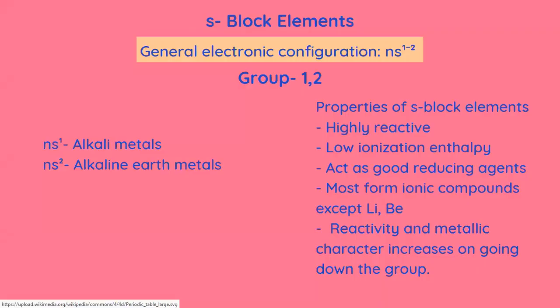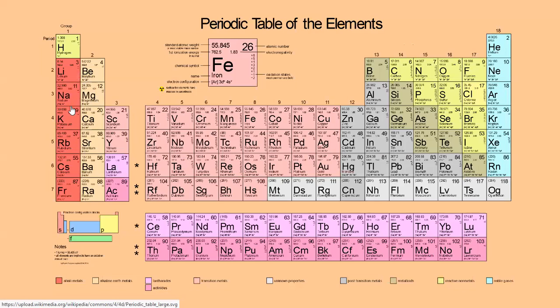So let's start with the S block elements. The general electronic configuration for S block elements is either NS1 or NS2. When it is NS1, they are called alkali metals, whereas when it's NS2, they're called alkaline earth metals. So lithium, sodium, potassium, rubidium, cesium, and francium are alkali metals, whereas beryllium, magnesium, calcium, strontium, barium, and radium are